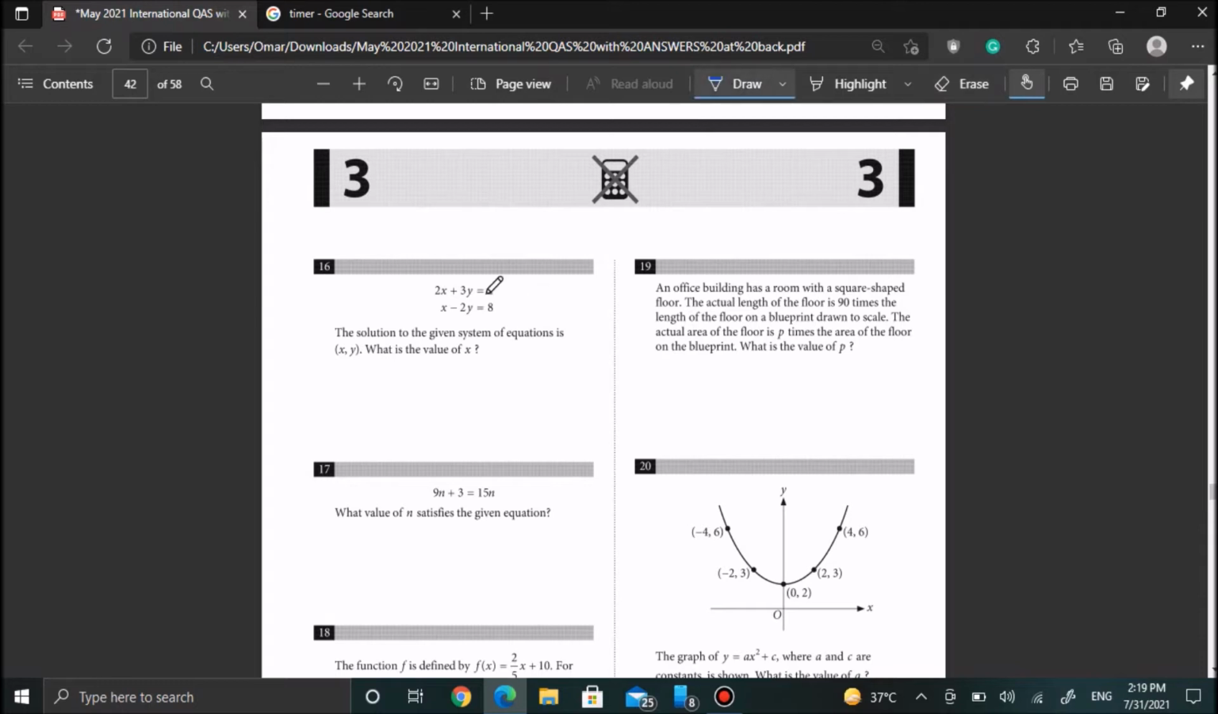Basically, what I'm going to do here is multiply the top equation by 2, which is going to be 4x. Actually, I don't have to be that tensed. I still have some time. 4x plus